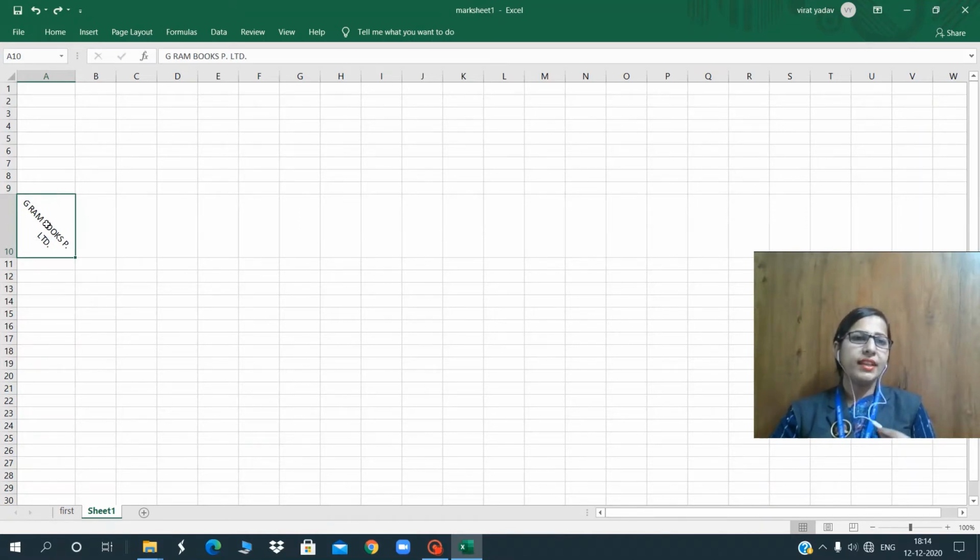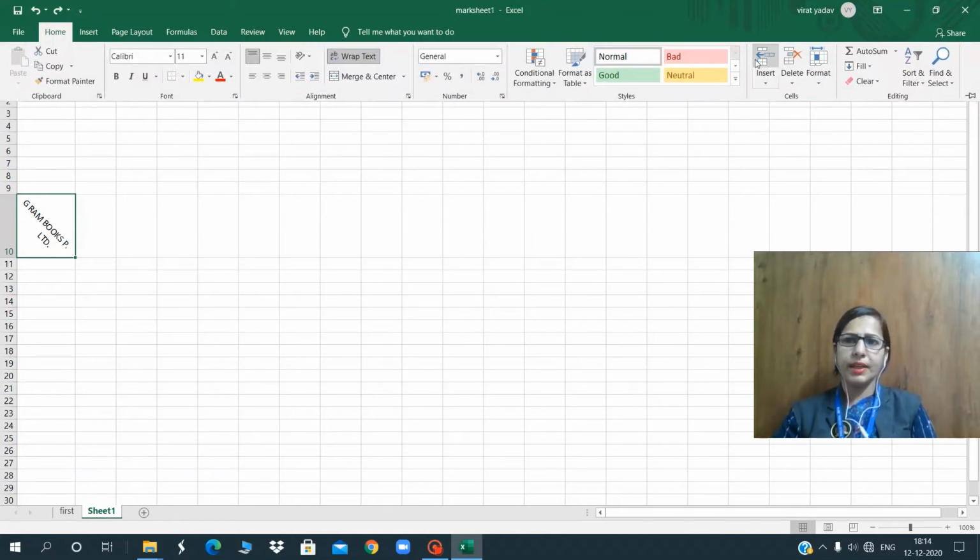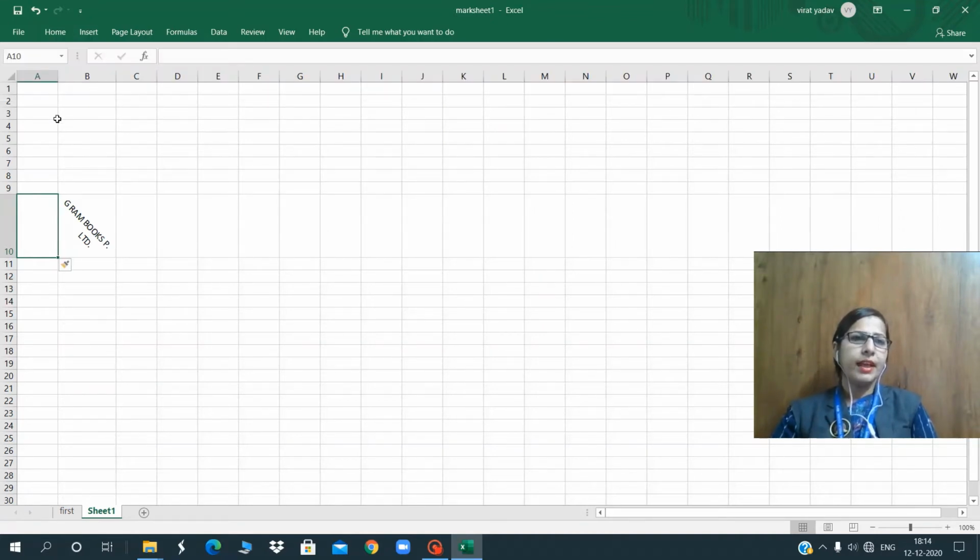Now how can we insert a column before this column? Just place your cursor on that cell or column where you want to insert a new column. Go to the Home tab, in the Cells group, the Insert button. As I click on this, you can see Insert Sheet Columns. Click over here, and see, the column will be inserted. Like that you can insert a row and column.